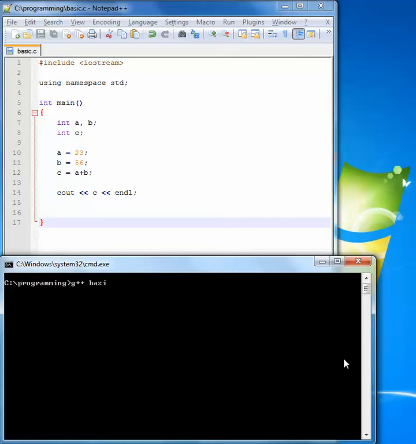g++ basic.c. That's all right. It's compiling, takes quite some time of course. So BA 79, tada. All right,